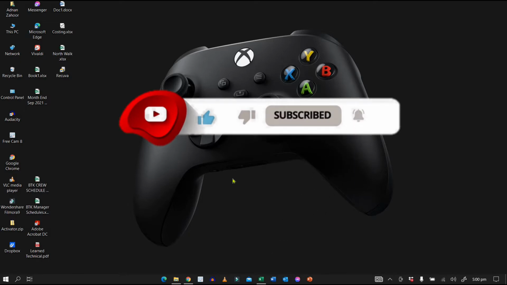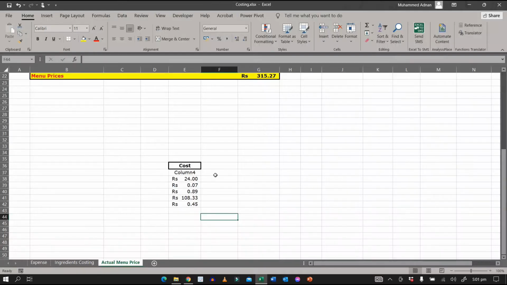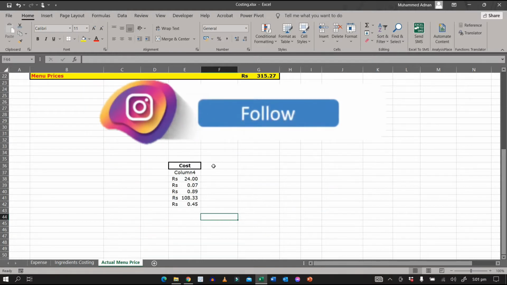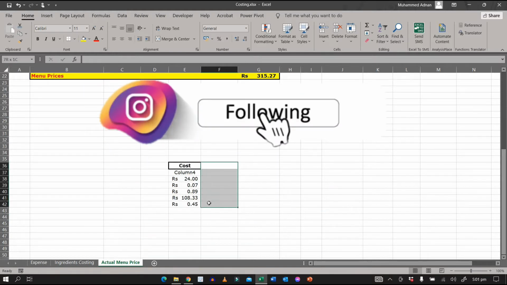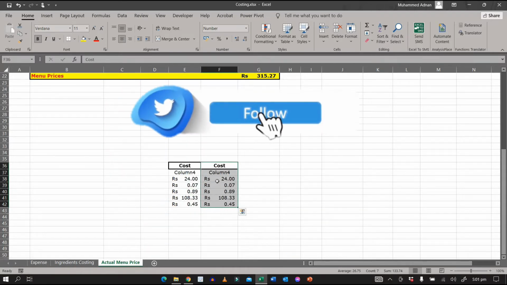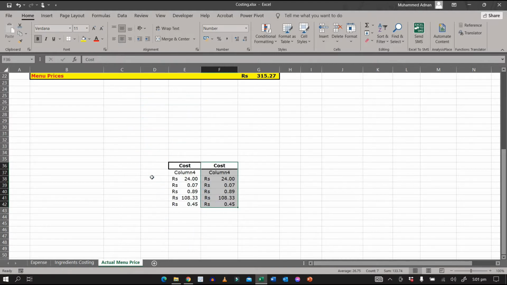So let's start the session. If we want to copy the data in a particular cell and we do not want to use copy and paste, and we need to paste it on the right side, what we need to do is click on the selected cell. Control plus R will help us to copy it to the right. The same data we need to follow and paste in the left cell.